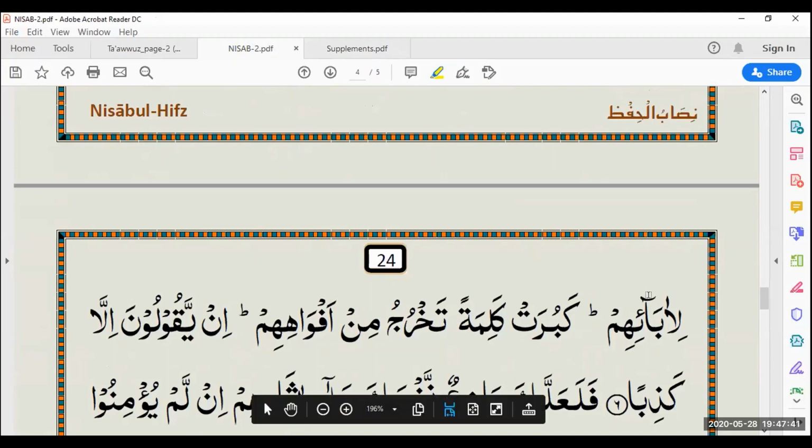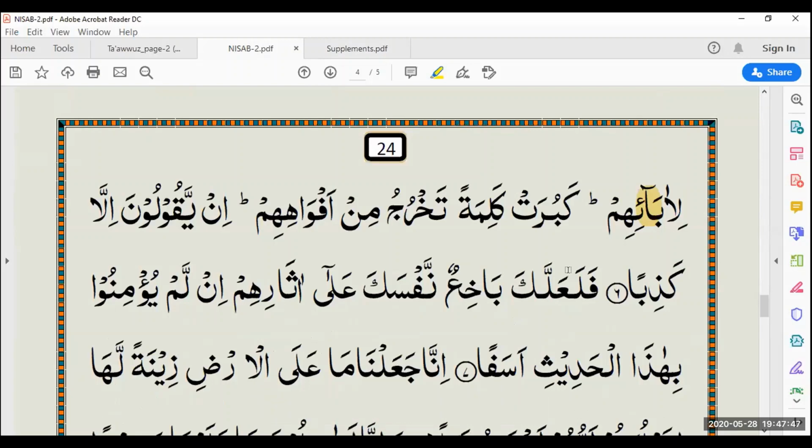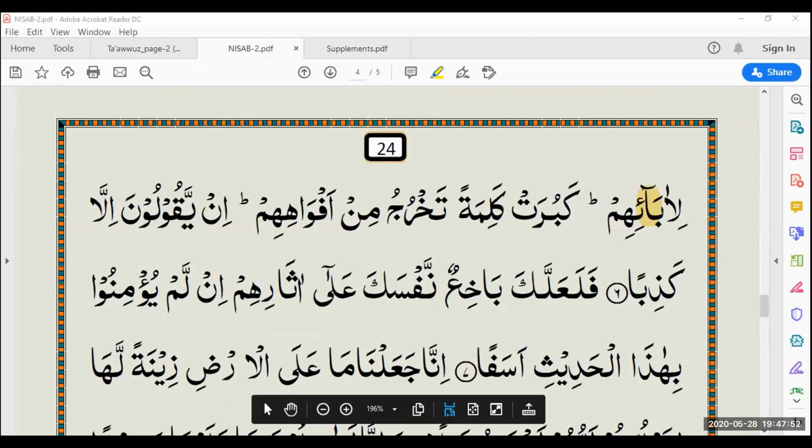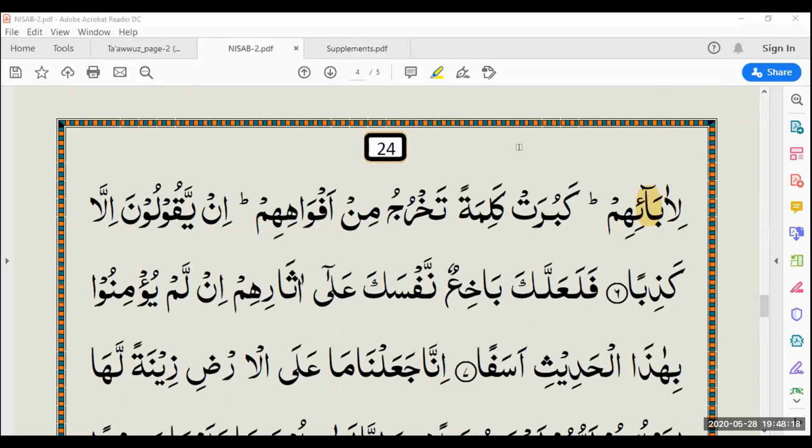What is this on top of alif? It's madde kabir. Do you know any other name for this? We have learned two types of name. One is madde kabir, and the other one should be something else. Madde mufassil or muttasil, I'm not sure. Tell me one of them. Madde muttasil. Well done. The other one is called madul munfasil.